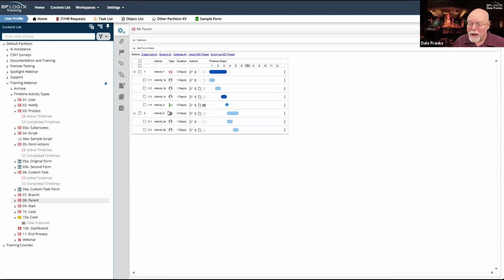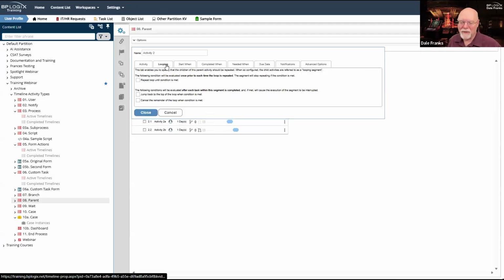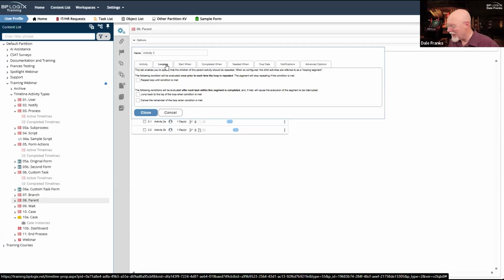The other thing the parent activity does is not looping. You don't necessarily have to loop. You don't have to configure anything on this tab. It's entirely up to you. And if you need a loop, you got it.